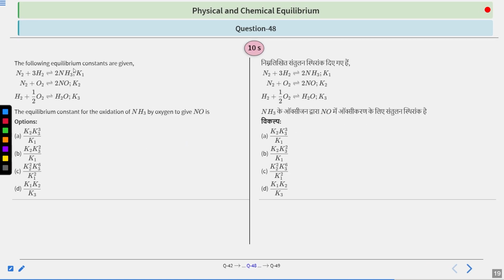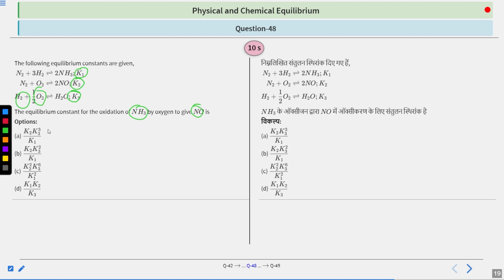Next question. The following equilibrium constants are given. N2 plus 3H2 giving us 2NH3, equilibrium constant K1. N2 plus O2, which is nitrogen plus oxygen, giving us 2NO, whose equilibrium constant is K2. H2 plus half O2, that is hydrogen and oxygen, giving us water, which has an equilibrium constant of K3. Now the equilibrium constant for oxidation of NH3 by oxygen to give NO is given by: